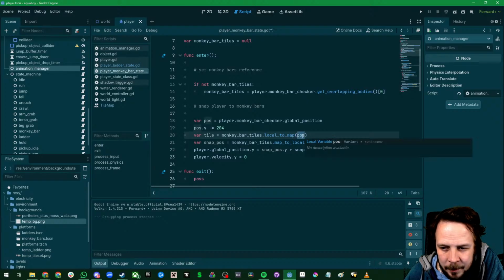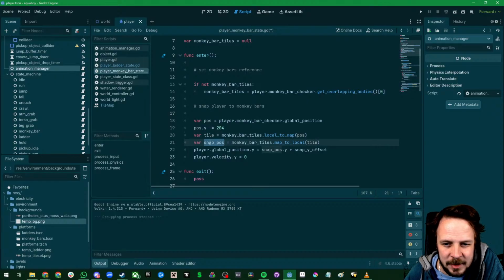So we're saying the position of there, like which tile is it? Local position to the map position. So then we know what the tile coordinate is. Then its snap position is going to be